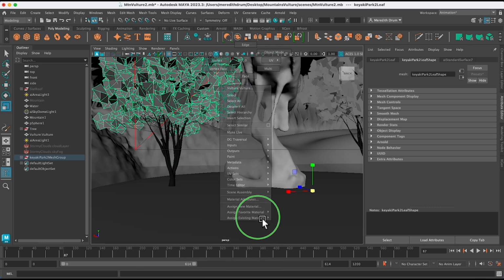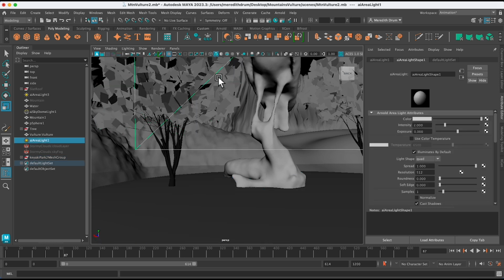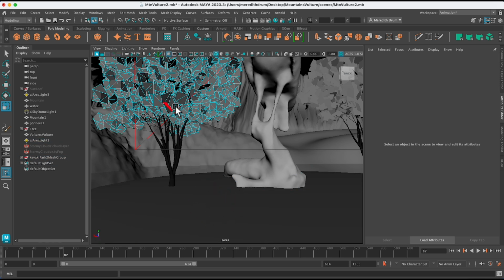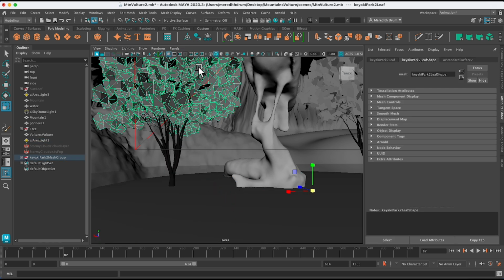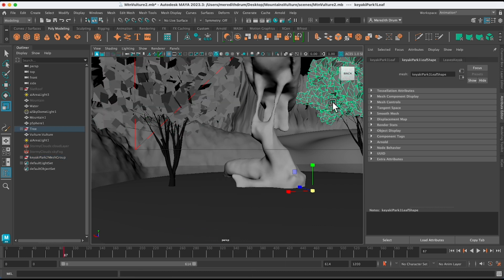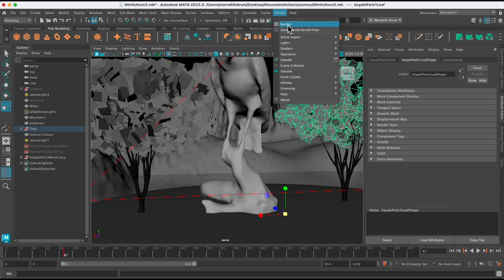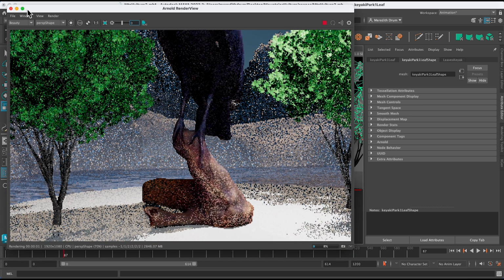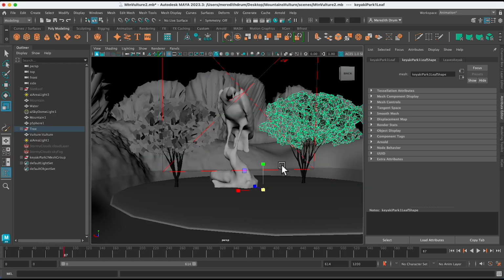Right mouse click, go to existing material, and look for the leaves Kia, which is what's here. Okay, and then of course you can double check that they still work. All right, so that's how that works.